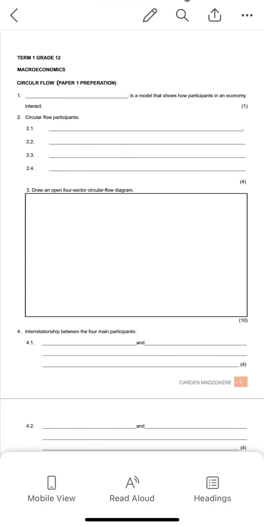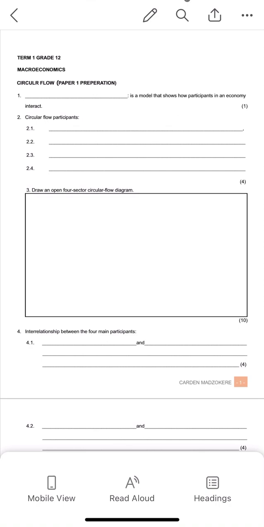Let's jump into the workbook. So, as you see, we'll start. We have all the 14 topics. We start with circular flow. Here, what I did, I took the exam guidelines and whatever they say learners should know,